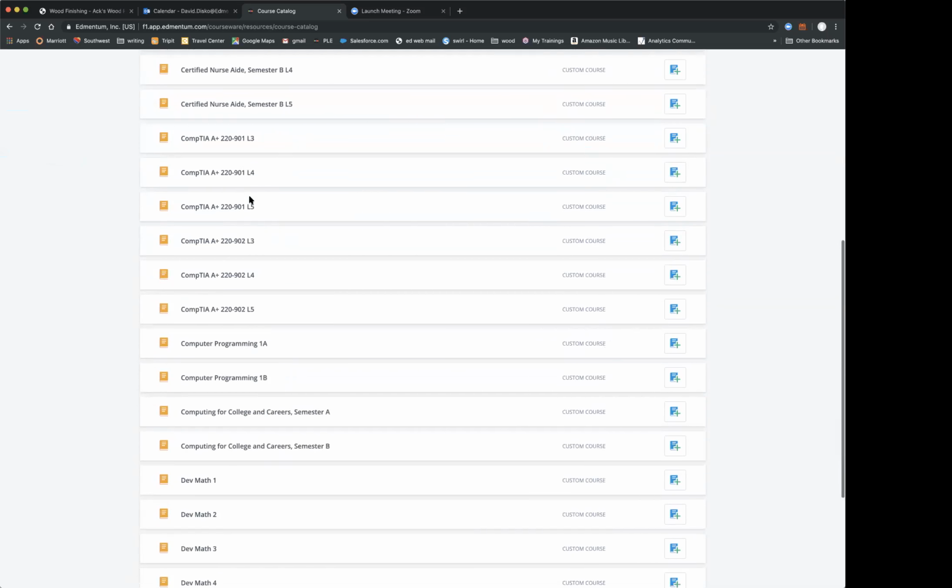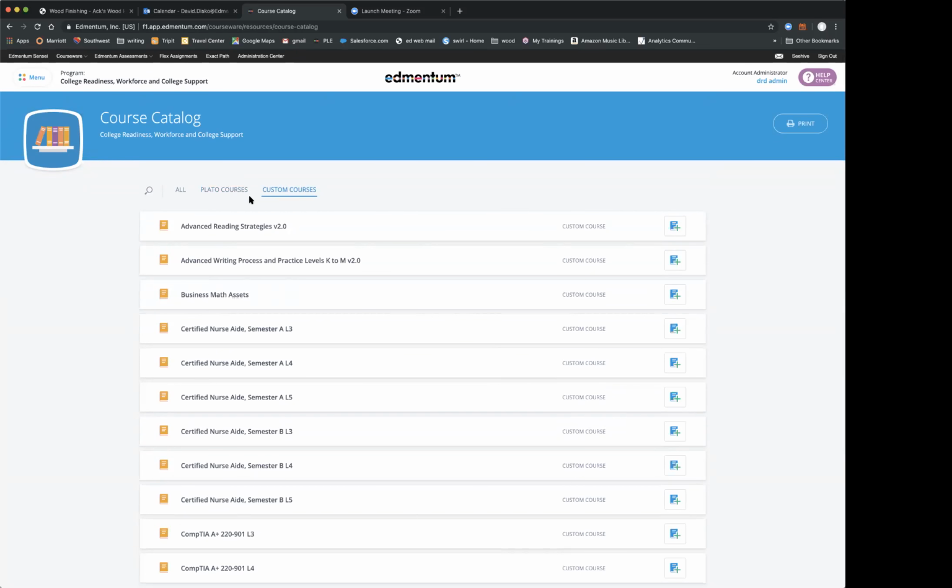You can scroll up and down. I'll also mention that one of the brand new features in the system is if I need a copy of this, maybe on paper or maybe an electronic copy, I can come to the upper right-hand corner and hit print, and it will take everything on this page, not just exactly what I'm seeing, but anything off the bottom of the scroll screen. It will give you everything that you have.